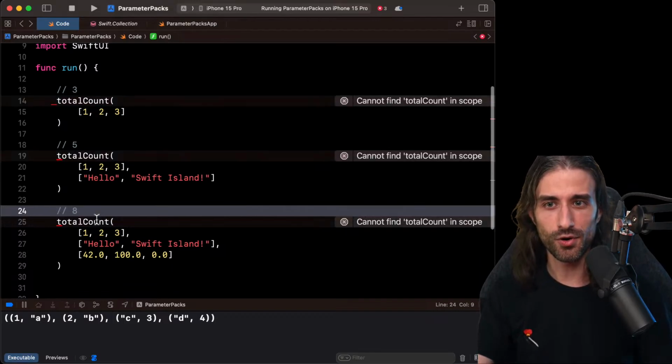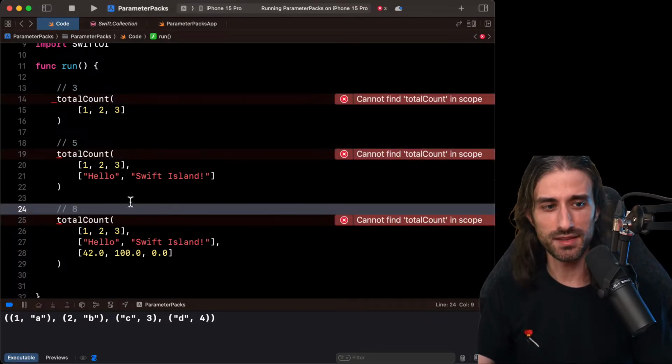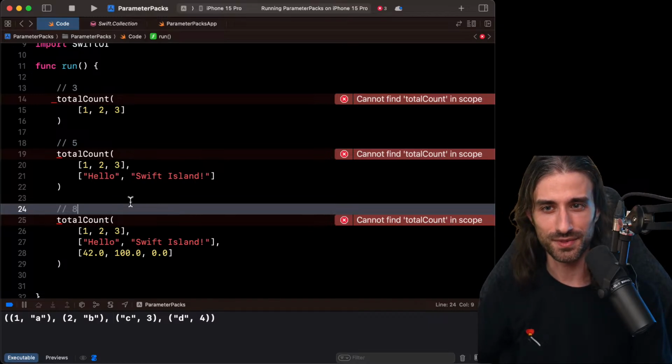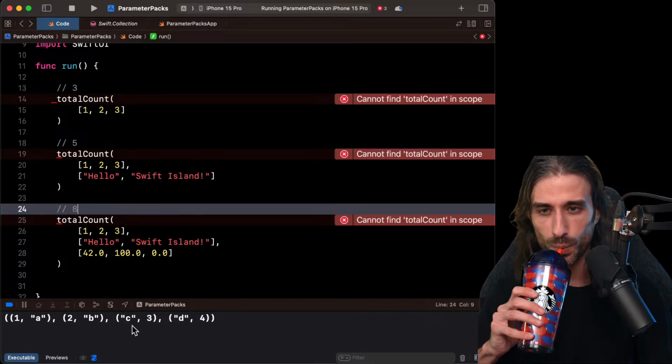This is a typical example of a place where you could implement this using any collection and map at runtime. So here, my goal is not to say that you should use a parameter pack when you want to write this kind of code, it is to find an example that is simple enough that we can iterate over values. So I just wanted to get that point across.